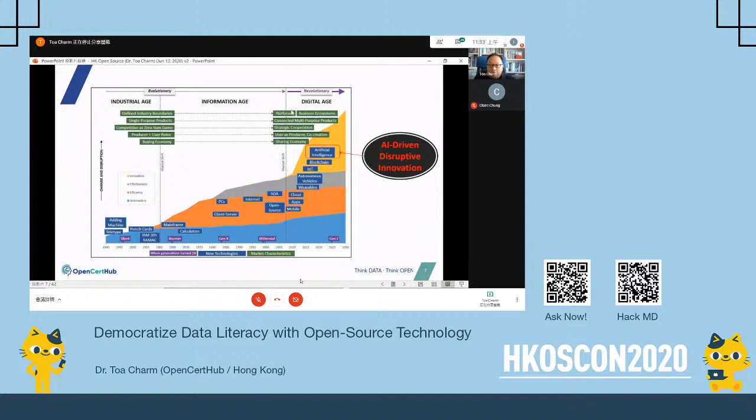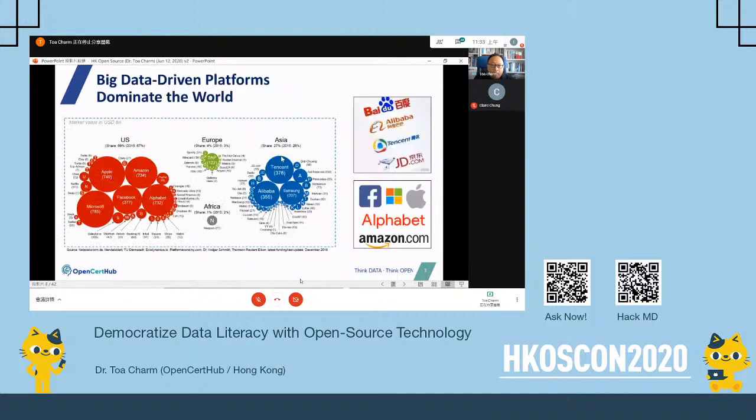So look at the platform we just talked about. Well, why is platform so powerful? For example, Alibaba, Amazon, it is because they are driven by the new technology like big data, AI, all this sort, right? So if you look at these green boxes and you understand the technology well, but it's not good enough. We need to make use of it to create new business models. So by making use of AI and big data to support the business model like platform, then we can become a successful company like Google, like Amazon, and things like that. So this is a good chart about the platform we talk about.